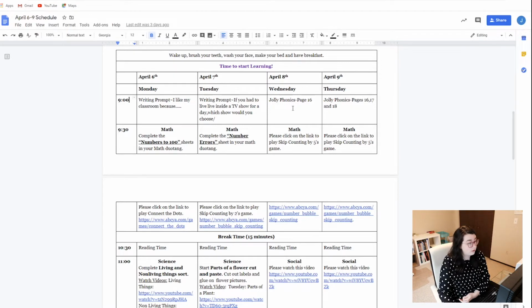So as you look through the schedule, you'll see that for LA, there's a writing prompt. So the idea is that your child is using their journal to complete this writing prompt. For example, on Monday, it says, "I like my classroom because." So your child would start with this sentence starter, "I like my classroom because," and then they would complete the